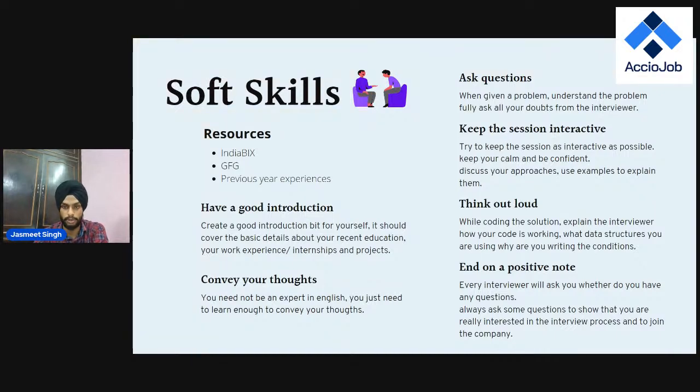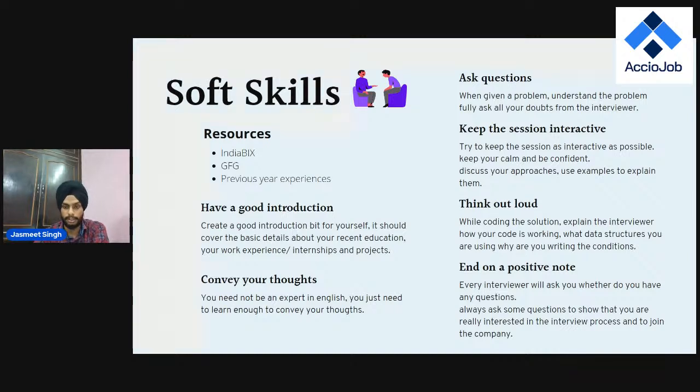You discussed your approach, you are confident with it. Now when you are coding, you should tell the interviewer, okay, this is what I'm doing, this is the loop that I'm writing, this loop will do this, this pointer will move at twice the speed, this pointer will move one at a time. That way you are describing your code along with your coding. That keeps the session as interactive as possible. That shows your confidence, that shows your command of the language and your problem solving skills.